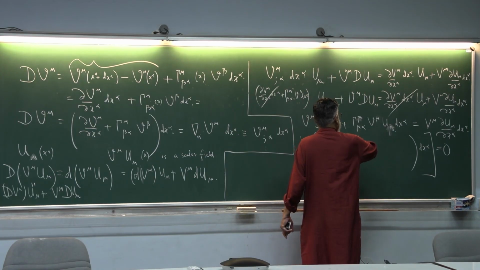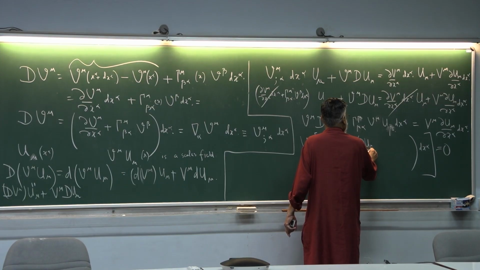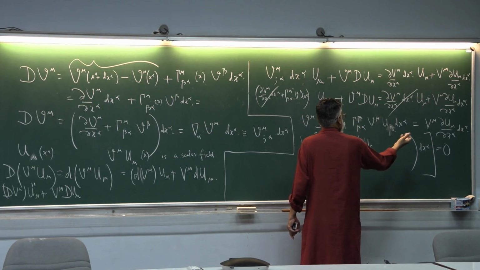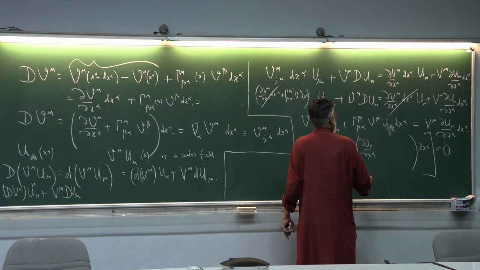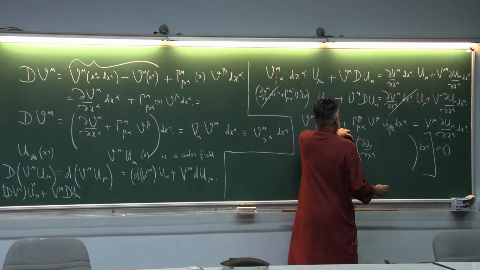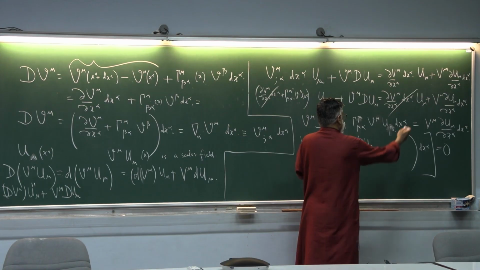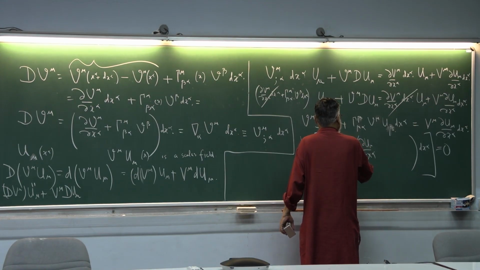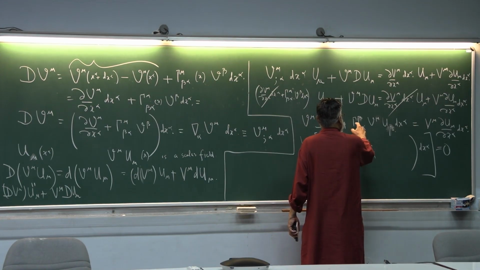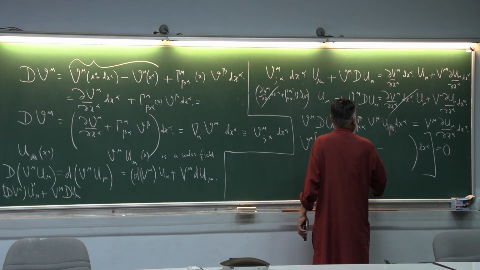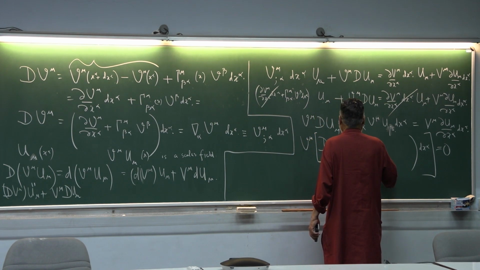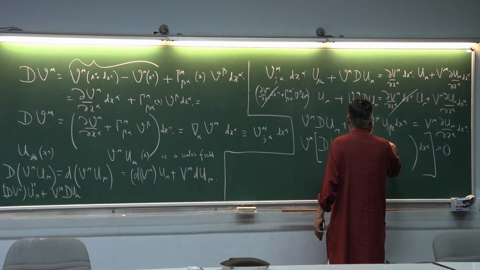So I have taken this to this side. Because I have taken it to this side, I'll overall take a minus sign, because that has been taken this side, so minus. And this was plus, because I have taken overall minus, so I'll put a minus sign. So I'll get